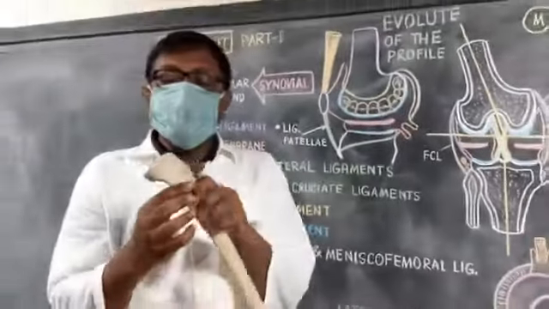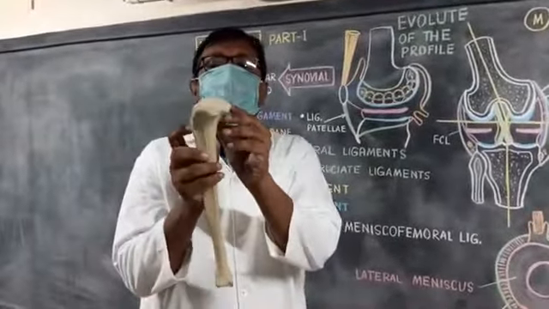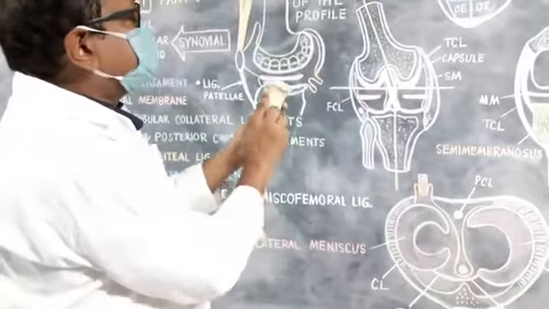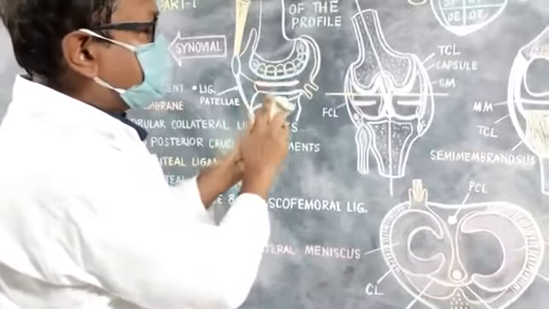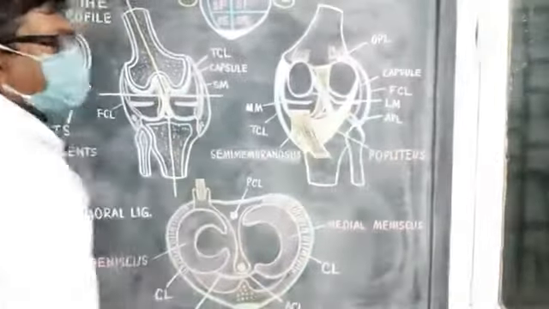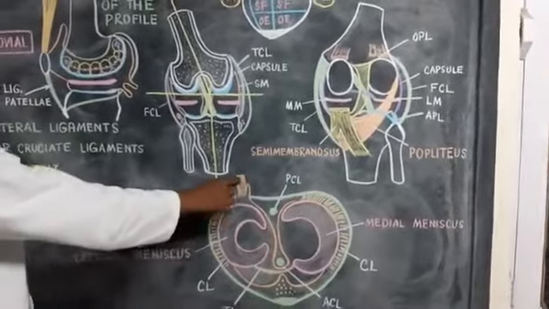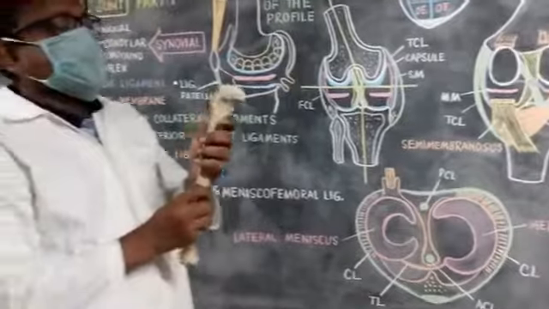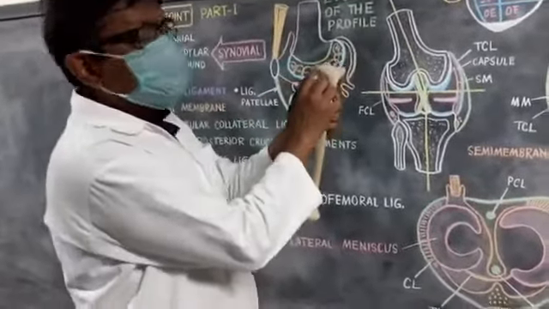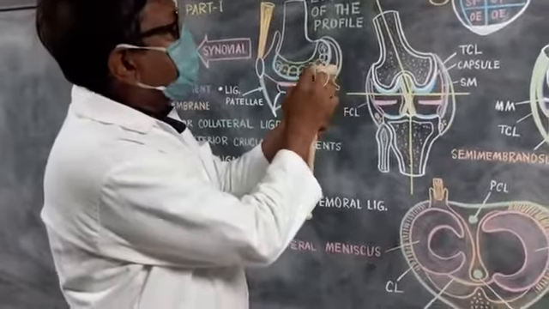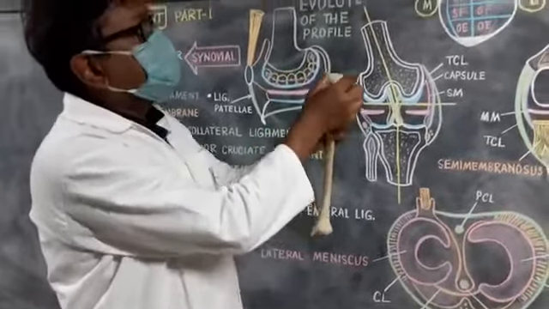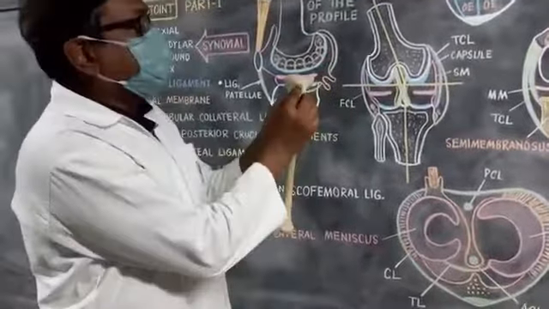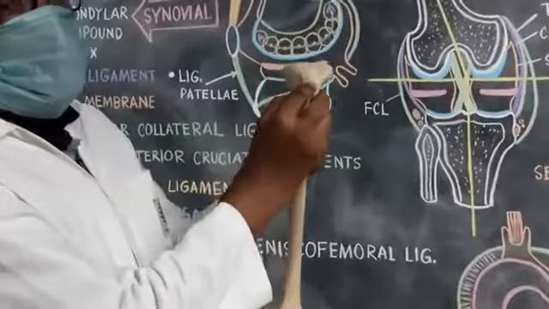Below, the capsule is attached close to the margins of the articular surfaces, except for a groove in the posterior part of the lateral epicondyle for passage of the popliteus muscle and accompanying bursa. In front, this capsular ligament is attached along the medial and lateral margins of the triangular area that affects the anterior surface of both condyles and blends with the ligamentum patellae.